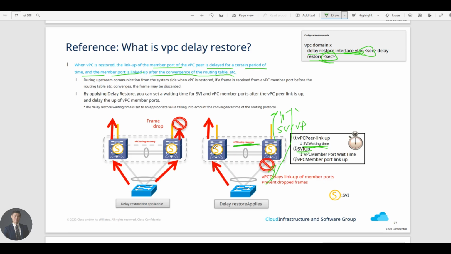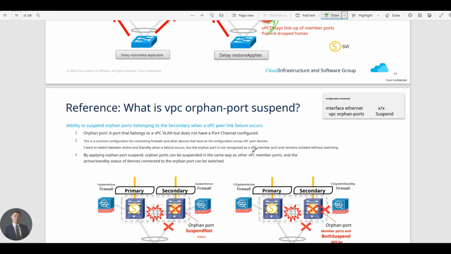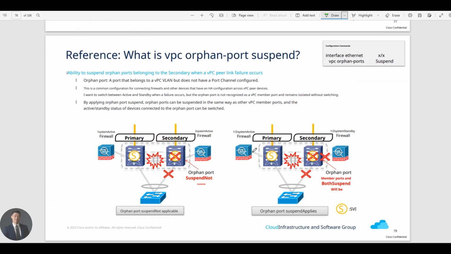Last feature is VPC orphan ports. This is a very special situation. Imagine you have a switch and firewalls. We have an active firewall and a standby firewall. This is fine with active standby. In this situation, the secondary switch goes down. You have the active firewall forwarding to this primary switch. That's okay. That's okay. So what is not okay is when you have a